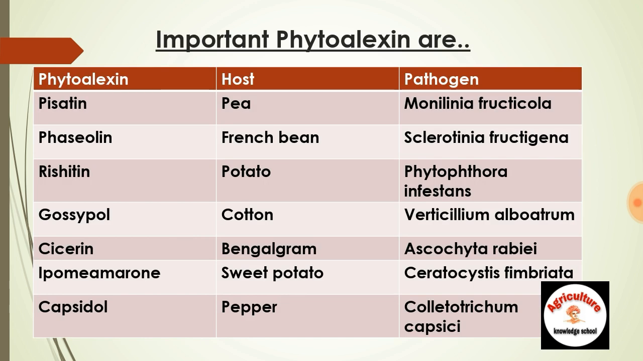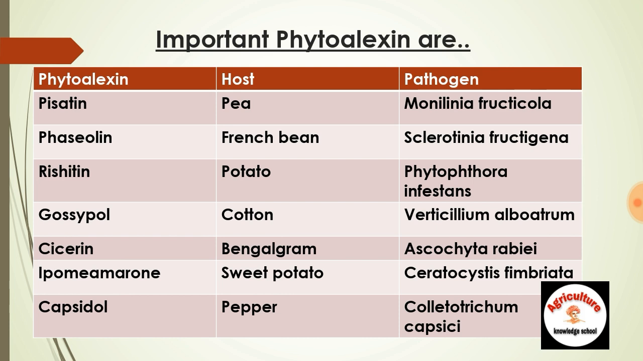Important phytoalexins are these five to seven phytoalexins, which are produced in response to different pathogens. Number 1 is Pisatin. Pisatin is produced by pea for Monilinia fructicola. Phaseollin is produced by French bean for Sclerotinia fructigena. Rishitin is produced by potato for Phytophthora infestans. Gossypol is produced by cotton for Verticillium